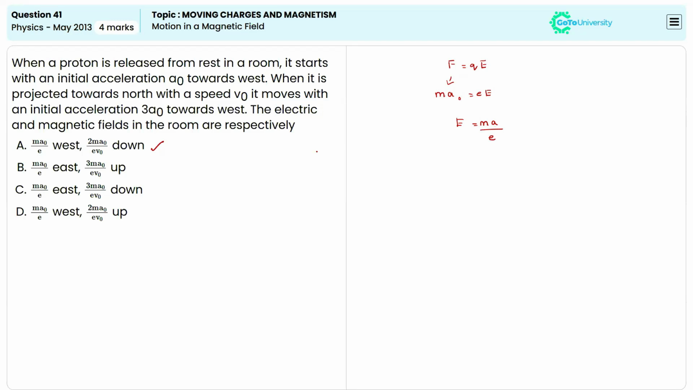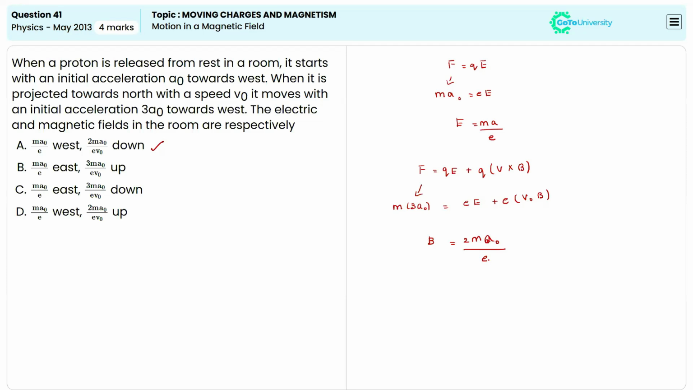But here we have to calculate the total force experienced in the electric and magnetic field. So we can write F is equal to QE plus Q times V cross B. Again the force will be equal to mass times acceleration, but here the acceleration is given as 3a naught, which will be equal to eE plus eV naught B. When we simplify this in terms of B, it will be equal to 2ma naught